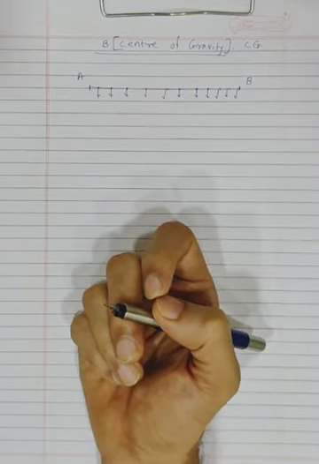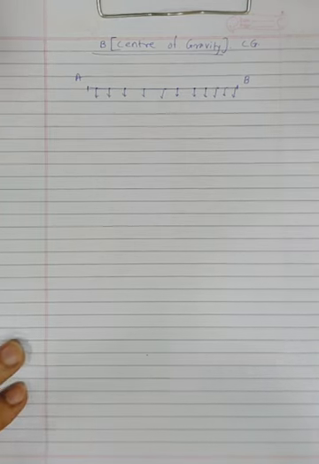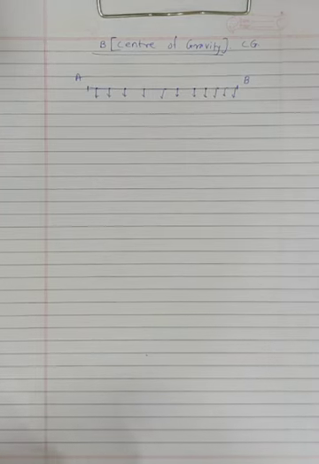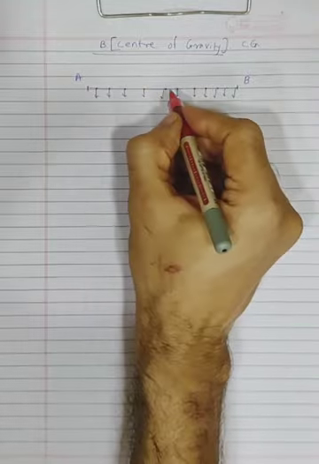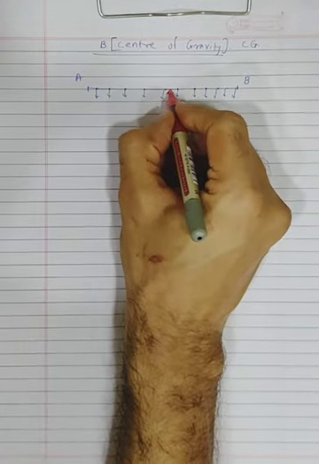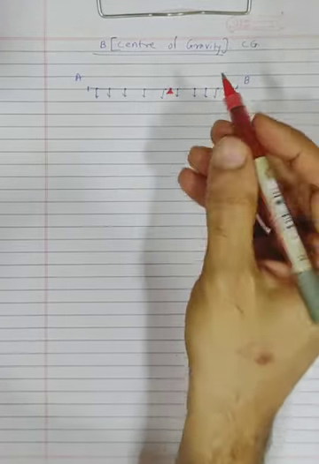If I want to balance it, where should I keep my finger? Basically, where should my fulcrum be? So obviously the answer is the midpoint of AB. You should look out for the midpoint of AB. Why at the midpoint of AB will you be able to balance it?